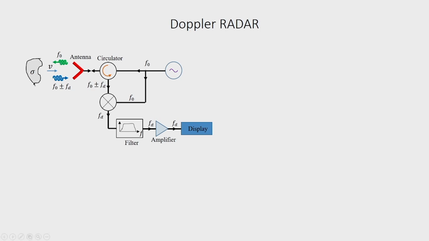Here we have the target with radar cross section sigma, and suppose this target is moving with a velocity v, and therefore, in the return signal we will have a frequency shift, and it is denoted by f naught plus minus f d. Here of course, if you consider this to be the direction of velocity, then it will be f naught plus f d, but in general it will be f naught plus minus f d. Now, when this signal is incident in this port of the circulator, by the property of the circulator, it will be transmitted to this port and not to the other port,